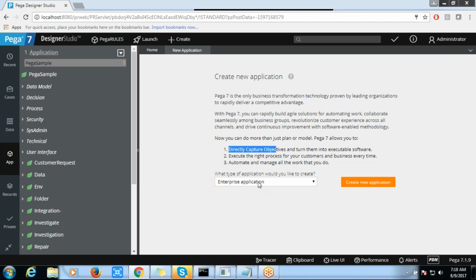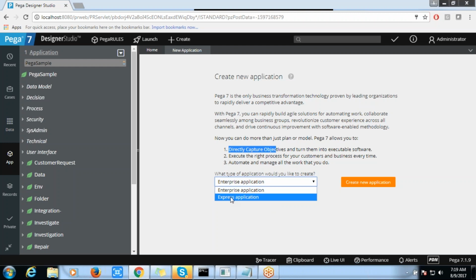While creating your application, we have two things: one is the Enterprise and the other is the Express. Enterprise we are going to use when you want to do application development for an organization. Express is for when you are going to do some kind of a POC. Those scenarios will use the Express solution.